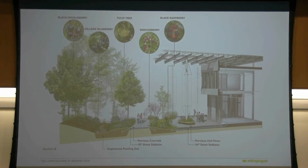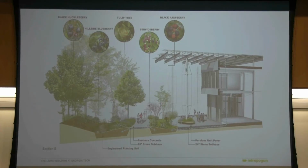Quick section starting to look at the porch area. So what we did was we took the photovoltaic panel that we knew we needed and we offset it from the footprint of the building to create a really large overhang that can then help us shade that western facade. By doing that, we create a porch. We also create an opportunity for outdoor living areas, outdoor learning areas, excuse me. But we also create a connection between that walkway you saw in the earlier diagram and campus entrance and this porch space, and you'll see a common theme here, everything in this project has to do 3, 4, 5 different things at once,